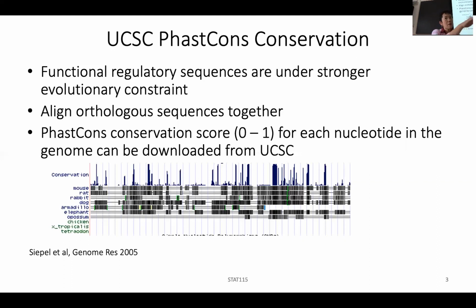They tell you how many species are used, or which species are used, to generate the alignment and calculate that conservation. So this information can be very useful. You can imagine that if we cut off at, say, 50% conservation, so this, remember, is a score between 0 and 1, if we cut it at 0.5 on the conservation score, you are not going to eliminate just 50% of the sequence. You can see if you cut off at this point, you are going to eliminate probably 90% of the sequences